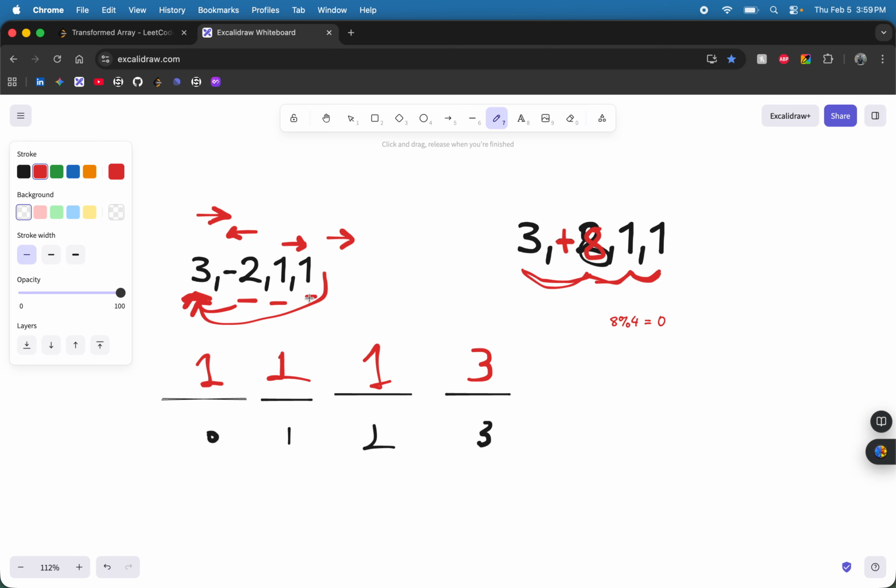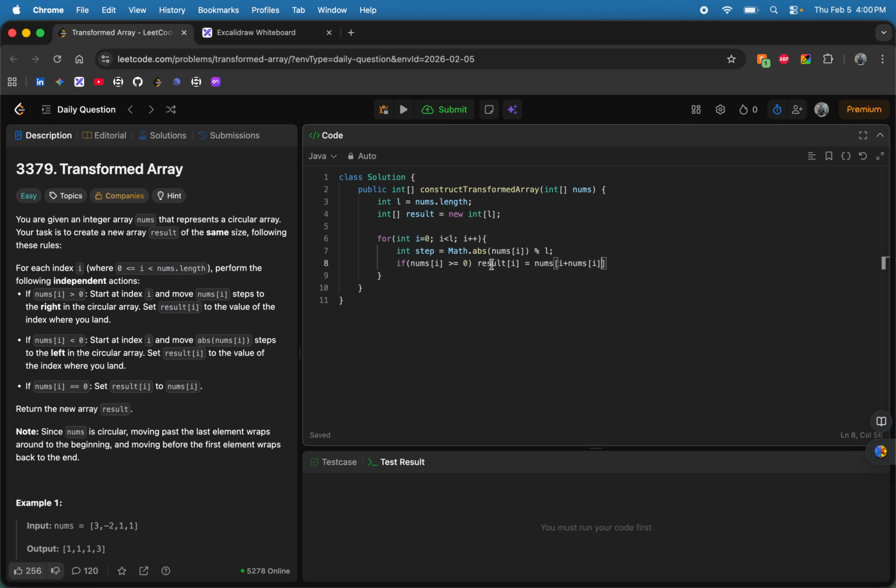Here you can see the index is 3 plus 1 is 4, but index 4 doesn't exist, so we have to take modulo, which will come to the start. So for this we have to take modulo of L. Alright, else if nums[i] is less than 0, then result[i] will be